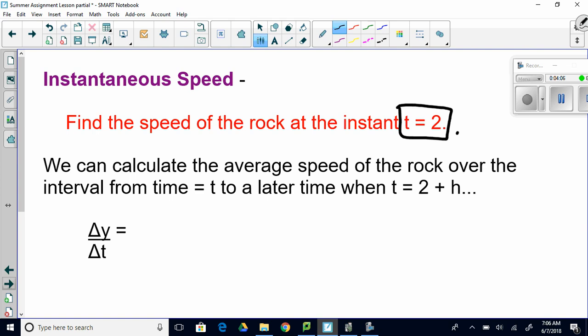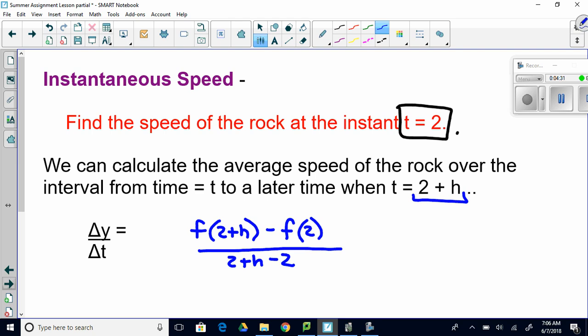So think about it still as slope for a second. So what we want to do is think about just a little bit more than 2. So if we find the slope at just a little bit more than 2, and we take away the slope at 2,